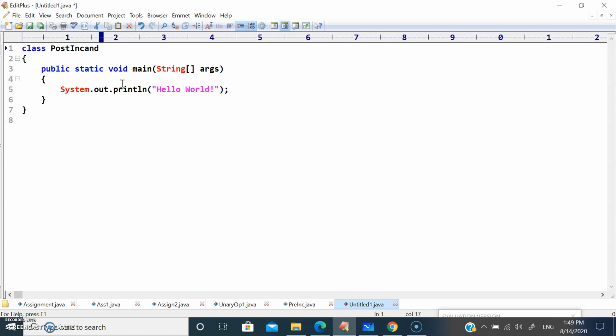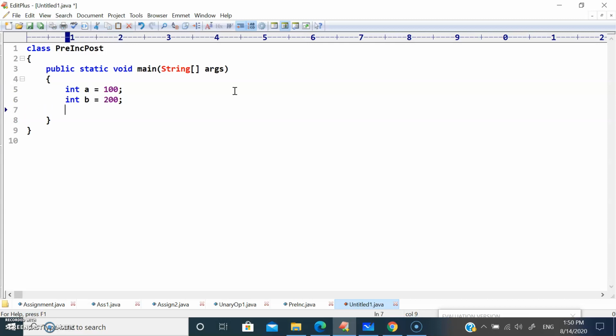So we are going to write a Java program, the combination of post increment and pre-increment operator. So let's take int a is equal to 100, int b is equal to 200, int c is equal to 300,